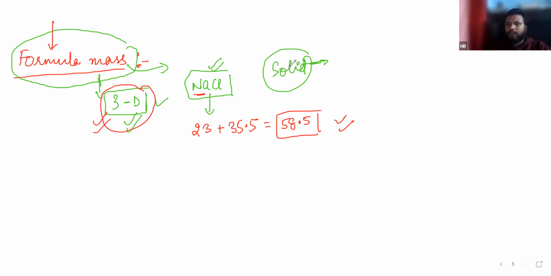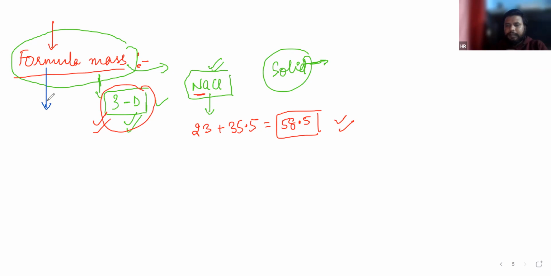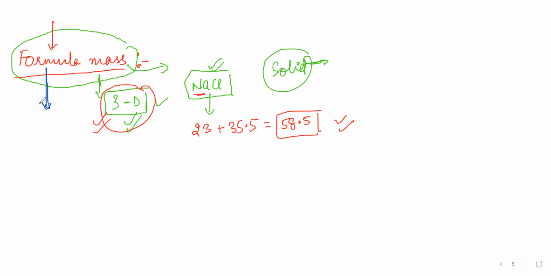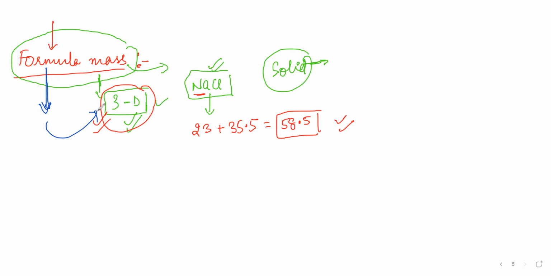In most of the questions, you will have the mass of atoms. In exams, the mass of atom will be given. So it will be too easy to calculate the molar mass, molecular mass, or formula mass. Is that clear, Akarsh? Sir, can you explain one more time? See, what is formula mass? Formula mass is same as molecular mass for mathematical calculation, but this term is used for the compounds which exist in 3D. Got it? Okay, sir.